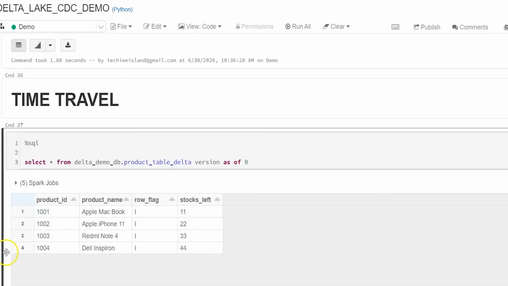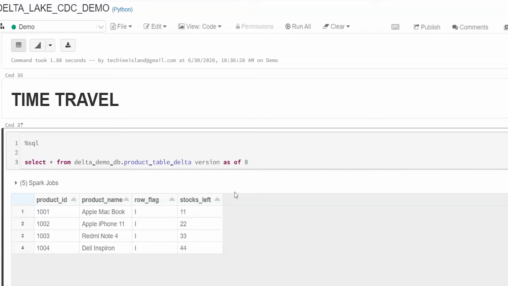This way you can travel back or roll back to your old data to see how your data looked originally at that particular time. This feature will be useful when you want to roll back to a particular version. Say you found that you got some error records from the upstream application which were mistakenly loaded into your Delta table.